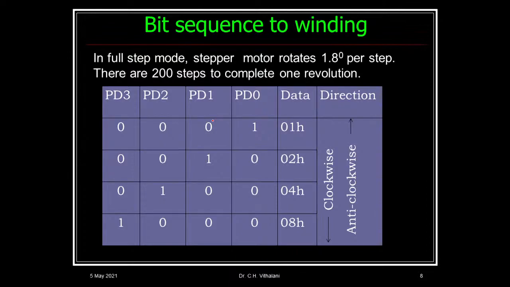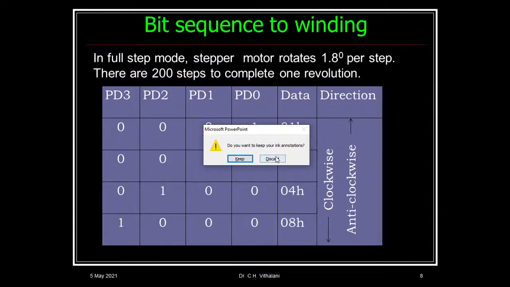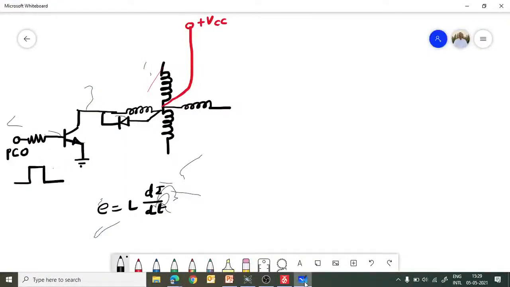As you can see here, what we are doing, basically, I will show you again on a whiteboard. In this case, initially you are activating the first winding, right? So the current is flowing through this, so we are sending the sequence 0001. After that we transfer the current through the next winding, so the next transistor we will activate. So our sequence would become 0010. So now this will become 0 and this will become 1.